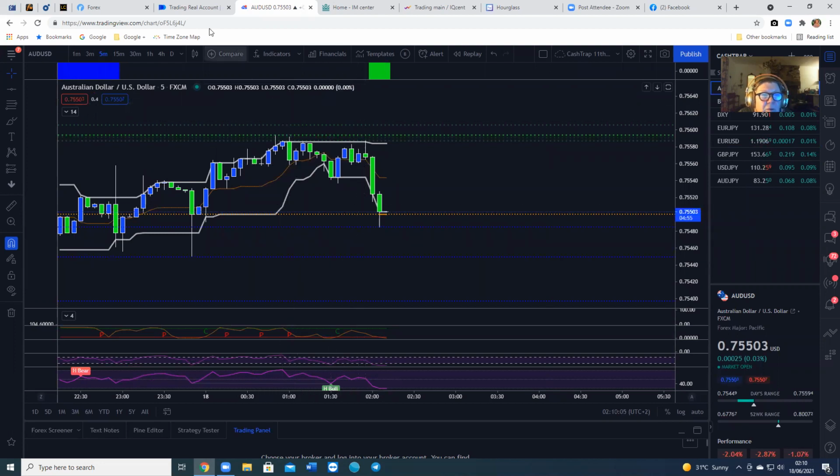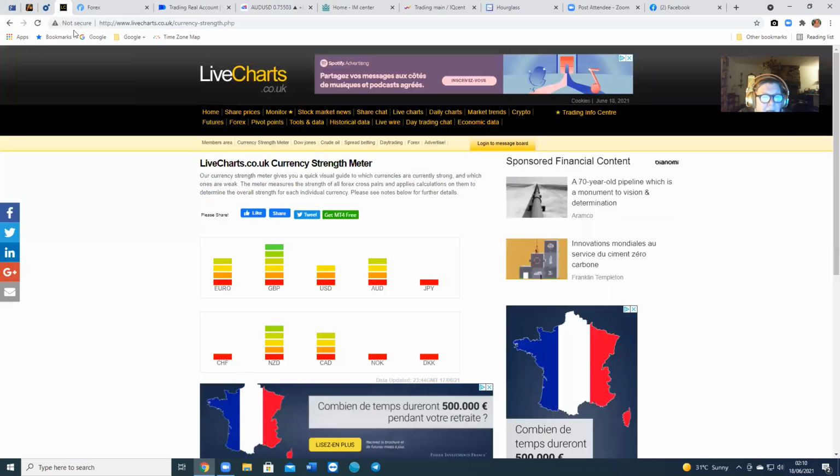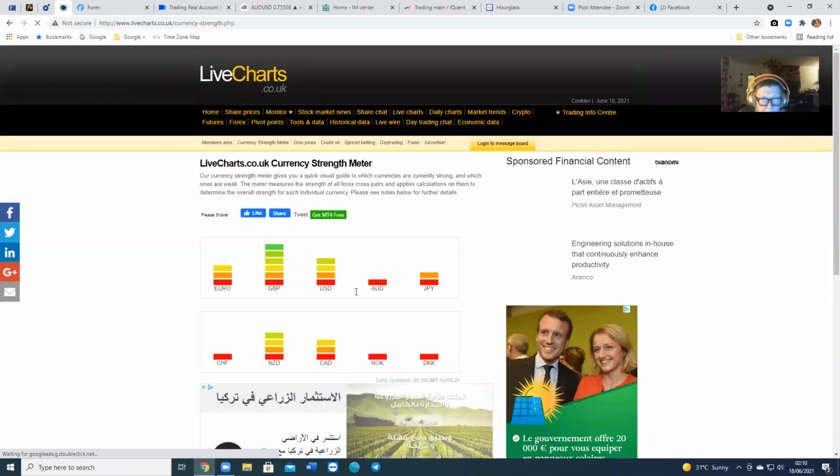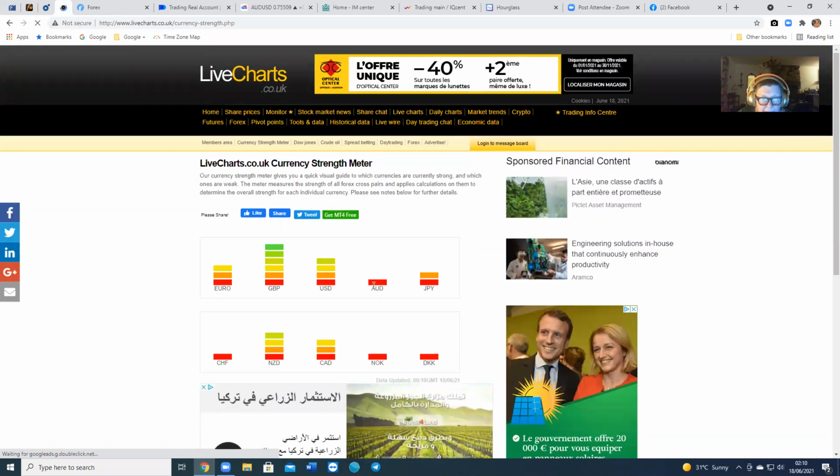So this is AUD USD, Australian dollar. Just a little bit stronger. Just keep refreshing your currency strength meter. Right, so you can see the Australian dollar now is very weak. It's the weakest. So AUD USD